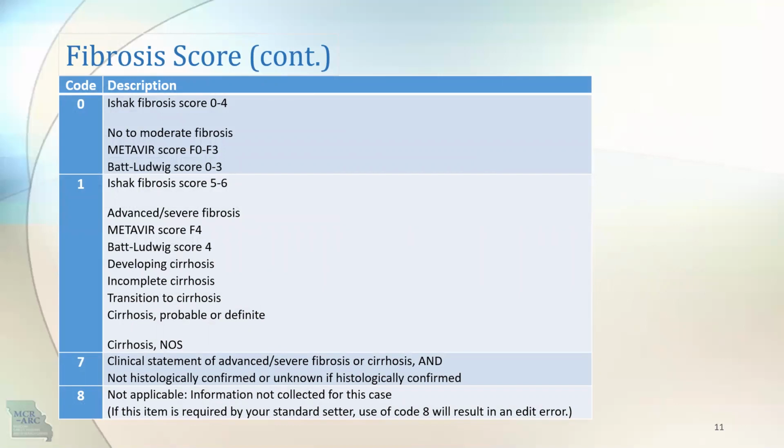This is the fibrosis score table. You can code 0 for ESAC fibrosis score 0 through 4, none to moderate fibrosis, METAVIR score F0 through F3, or Ludwig score 0 through 3. Code 1: ESAC fibrosis score 5 through 6, advanced severe fibrosis, METAVIR score F4, or Ludwig score 4, developing cirrhosis, incomplete cirrhosis, transition to cirrhosis, cirrhosis probable or definite,